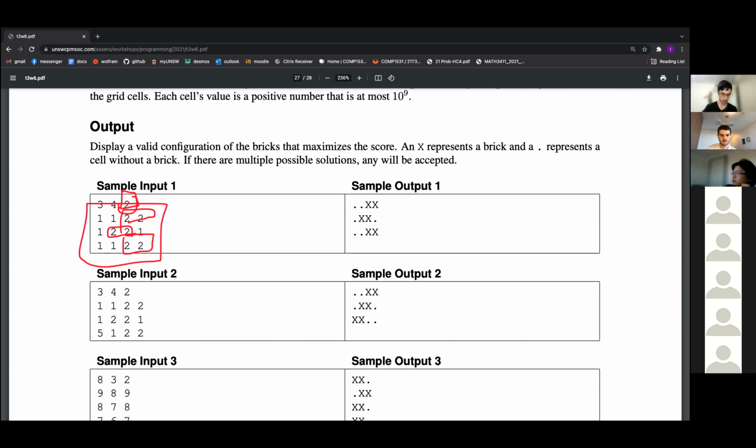Yeah, and the condition is that you can't have a floating block basically. So every single block has to share at least one cell with the block below, or each block placed in a row has to share at least one column with the block placed in the row below it. So even though it's not useful in this situation, you can't have something like this on any layer. You can't have it there, you can't have it there. If these two blocks were there, that would be banned, and if these two blocks were there, that would be banned. And also you can't run off the edge. So yeah, it's pretty well defined, I think, at this point.